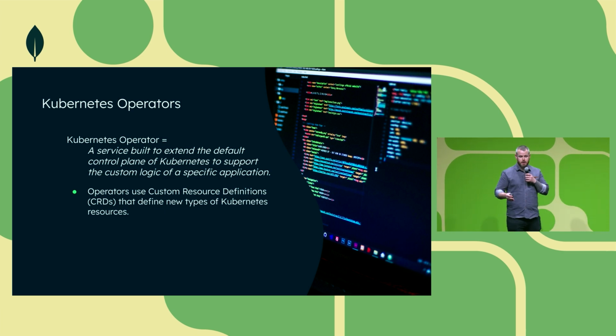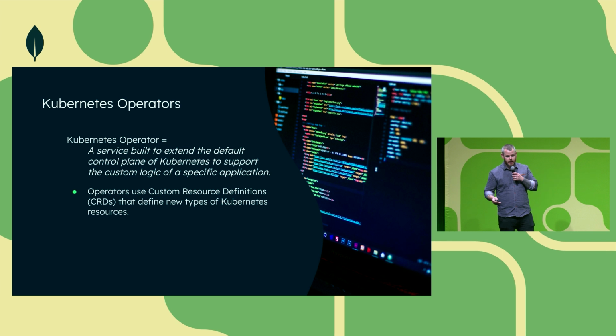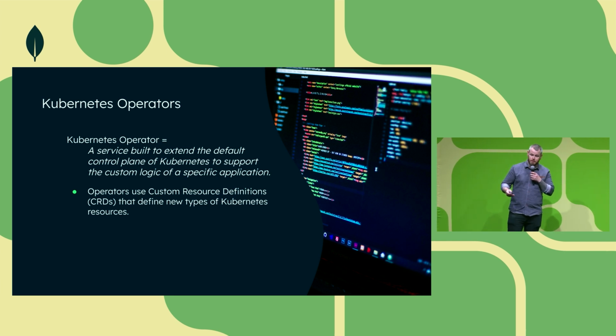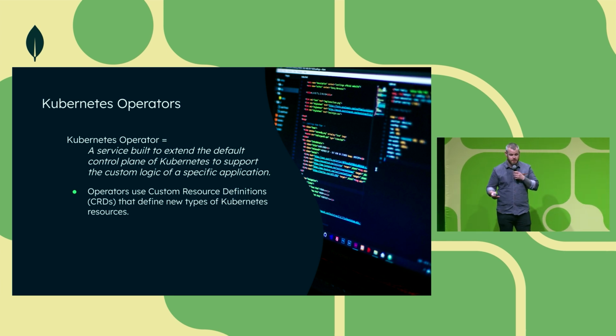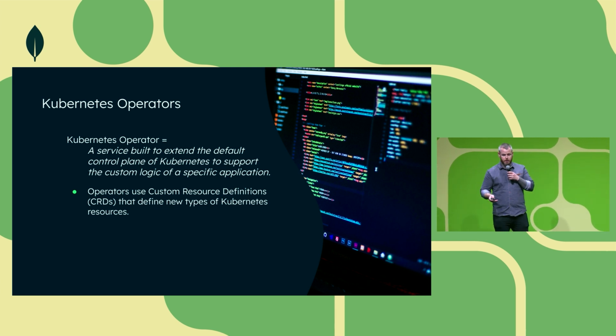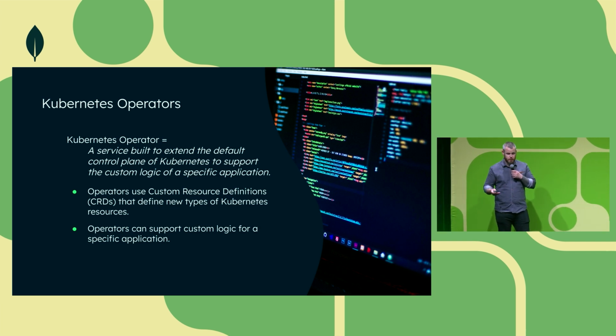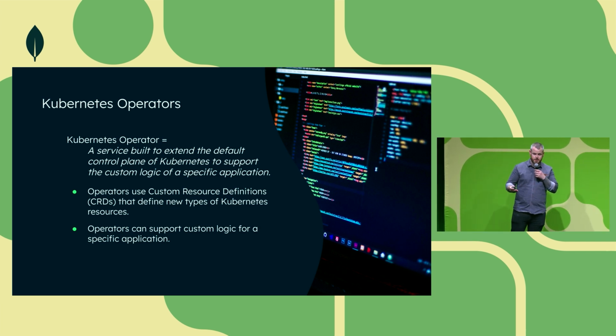Operators make use of custom resource definitions that define new types of Kubernetes resources. These custom resources can then be managed in the same way as any other Kubernetes resources, meaning they're often defined as YAML in a Git repo and applied into Kubernetes through a GitOps workflow. Operators can handle more than just the infrastructure because they have application-specific expertise and logic built in. An operator can handle more advanced application changes like rolling upgrades or use of features that are unique to that application.